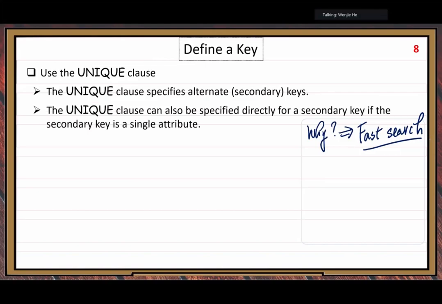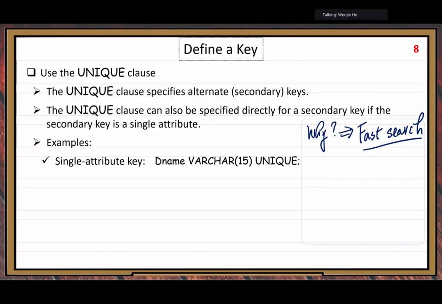The unique clause can also be specified directly for a secondary key if the secondary key is a single attribute, similar to the primary key. The format: we just change the primary key clause to the unique clause. Example, single attribute key: after this attribute declaration, we use the unique clause directly, just like that single attribute primary key. That's the first way. Second way,